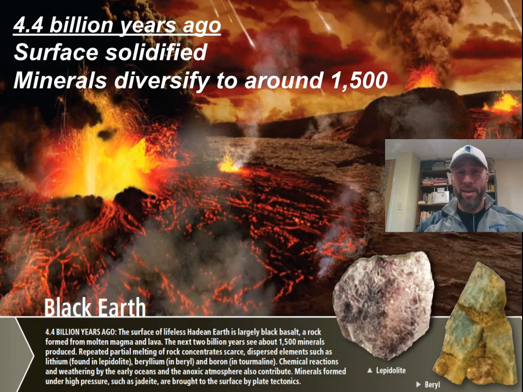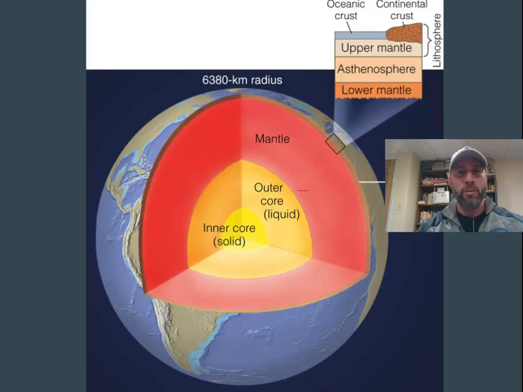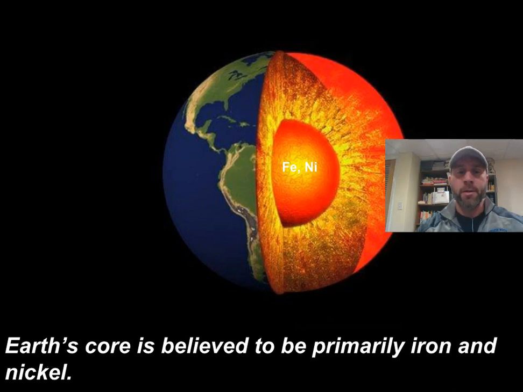And basically, think of it, this was a nasty place, okay? Just black, hot rock, comets, asteroids flying down on us, lava everywhere. Wasn't a real nice place, okay? But we get that formation of what we see now with our different layers of the interior of the Earth, and ultimately the crust, which is, again, important for us. Okay, and we believe that inside of the Earth is primarily iron and nickel.